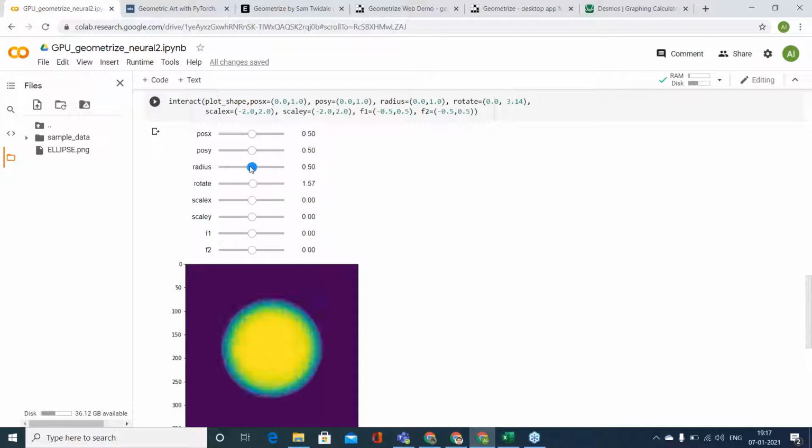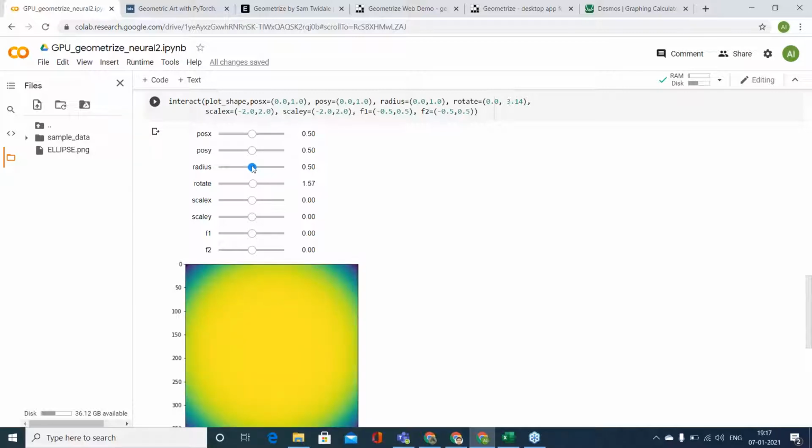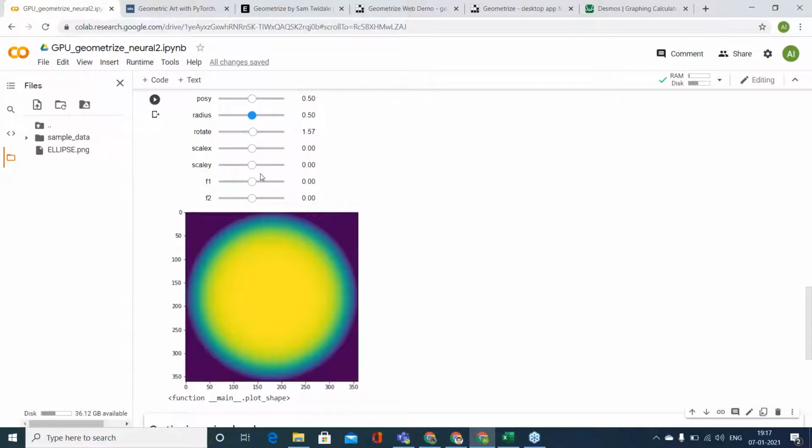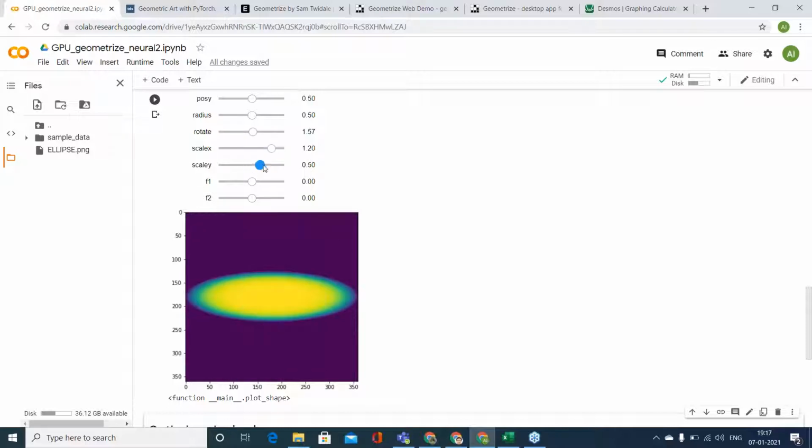Now I can also scale it in different directions. I can scale it in the x direction, and it will make an ellipse out of it. Then I can also rotate it. You see, it is rotating.